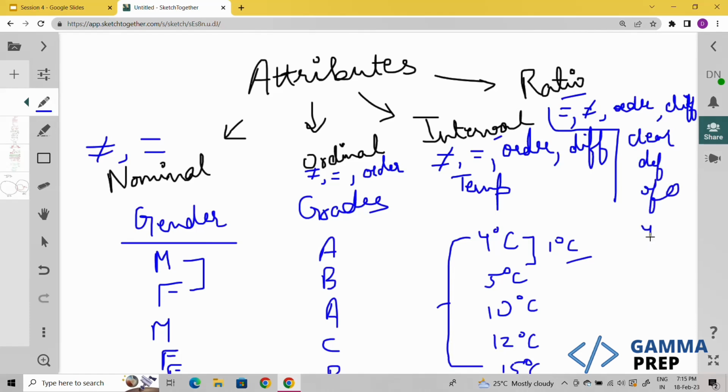For example, let's say we have temperature in Kelvin: 4 Kelvin, 273 Kelvin, 100 Kelvin. Here, temperature in Kelvin is a ratio attribute, because obviously we can figure out that the two days don't have the same temperature. We can order them, that 273 is greater than 4. We can also find the difference is 269 Kelvin. And also the temperature in Kelvin cannot go below 0. Right?